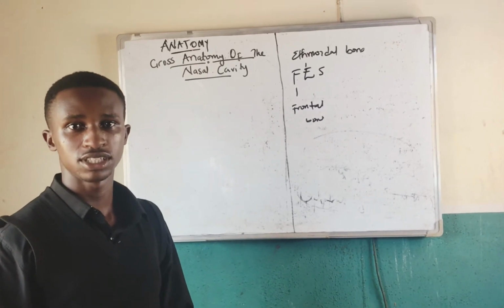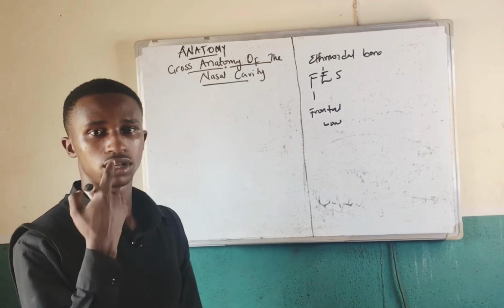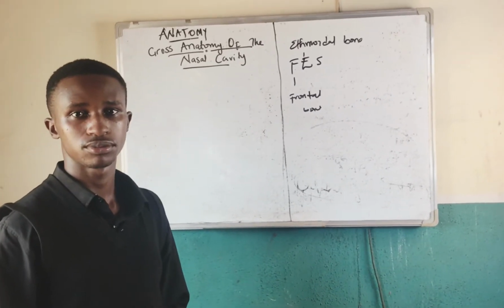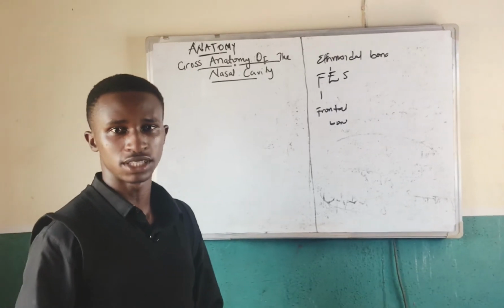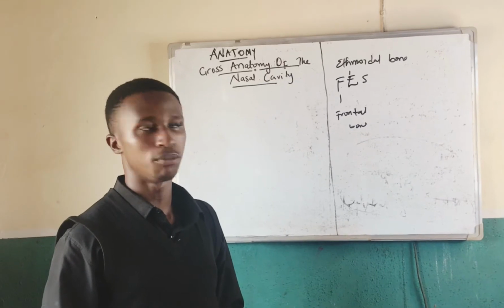The nasal cavity has its boundaries. We have the medial wall, the lateral wall, the roof, and the floor. Let's start with the roof of the nasal cavity. The roof of the nasal cavity is formed by three bones,